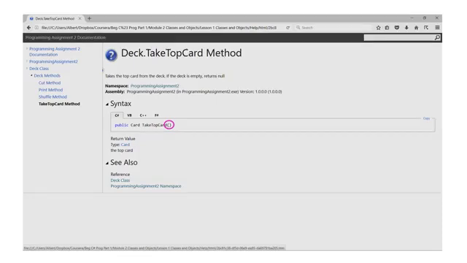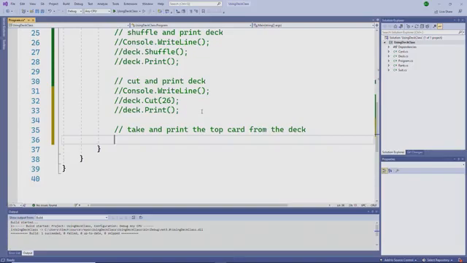We don't have to tell it which card to give to us because we can't cheat. We can only take the top card. As we saw in the documentation, the takeTopCard method in the Deck class returns a Card object to us. So first we'll do this the standard way, where we would actually save that return value in a variable. And I'm going to save it in a Card object because that's the data type it returns. And I'll call this variable card, and I'll set it equal to